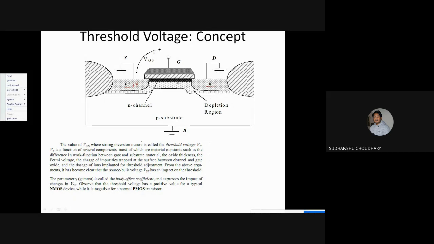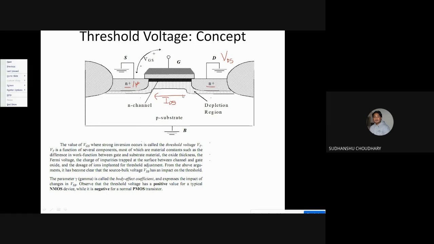Currently, it's an N-channel MOSFET, so you need electrons under the gate. These electrons are connecting the source and drain diffusion regions. Now, if a channel is there and you apply some bias between drain and source, that is some VDS, then due to this applied VDS, current can flow between drain and source. This current is represented as IDS.